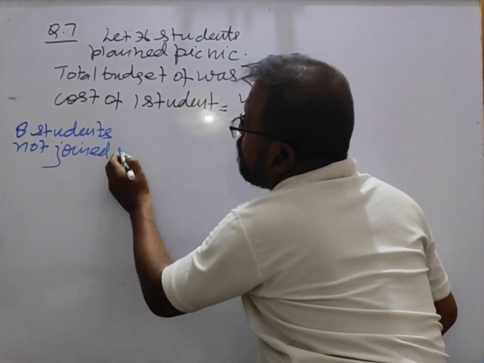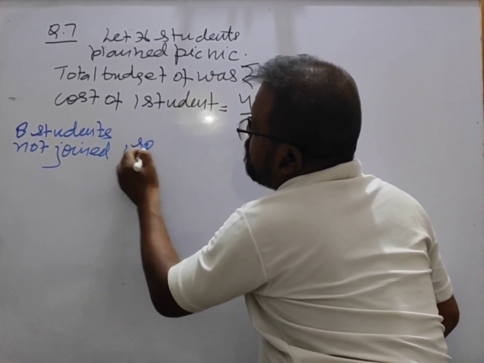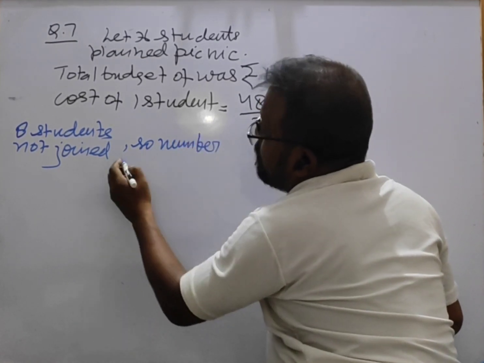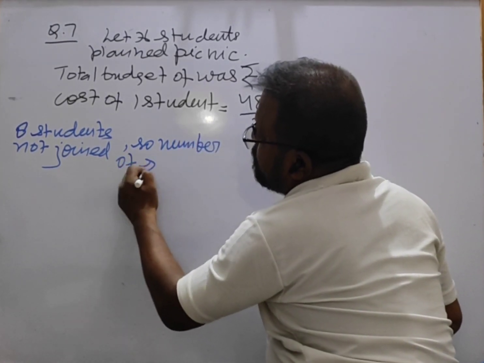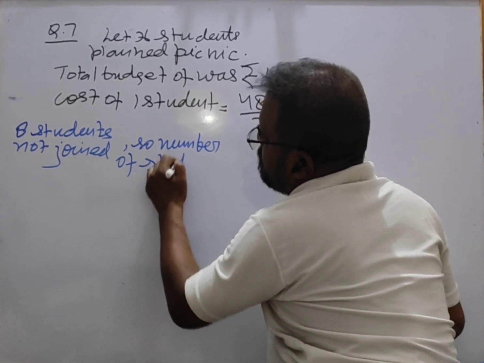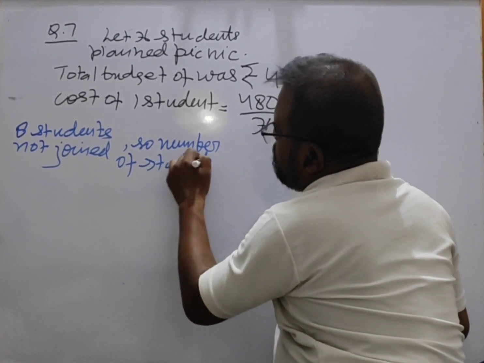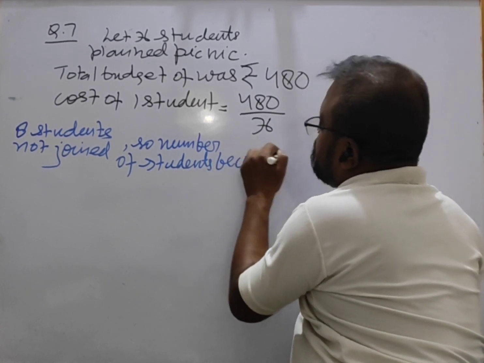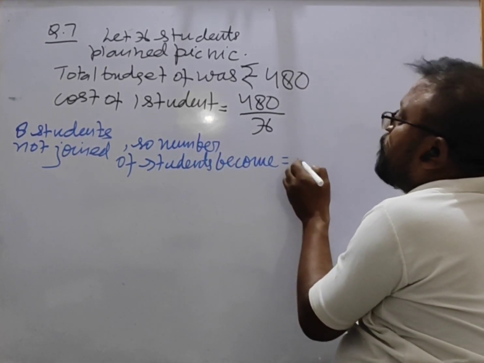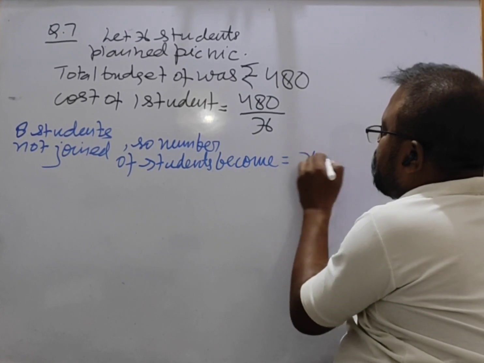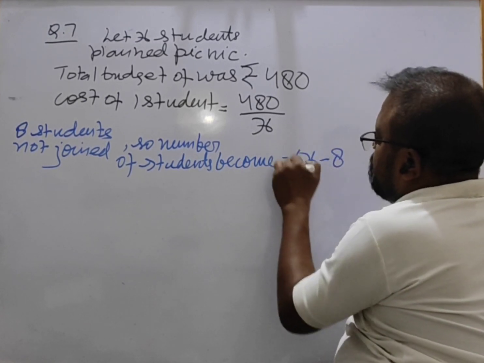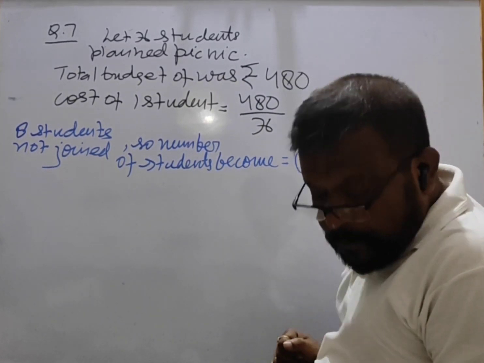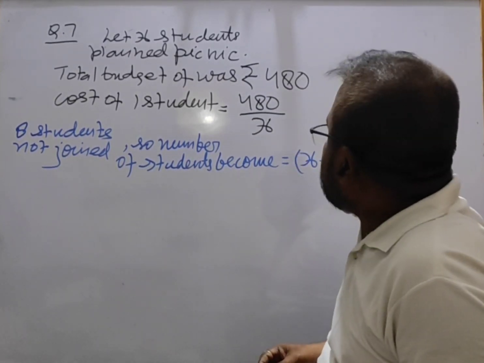So the number of students becomes x minus 8, right? The number of students becomes x minus 8,